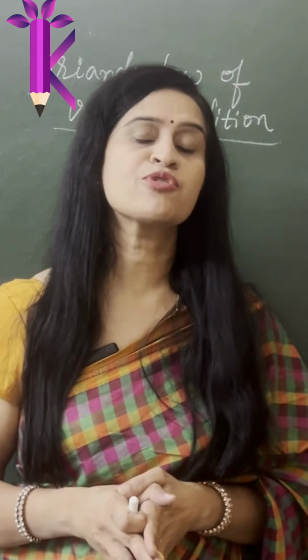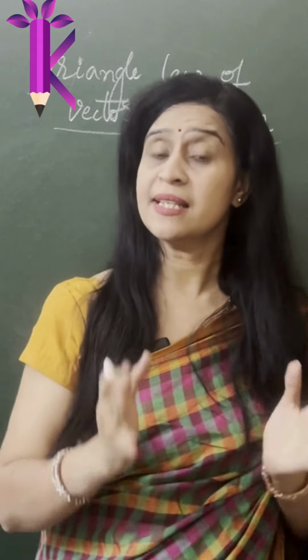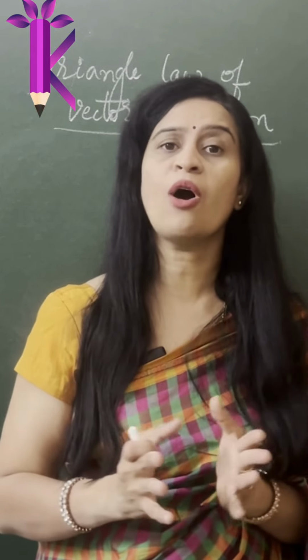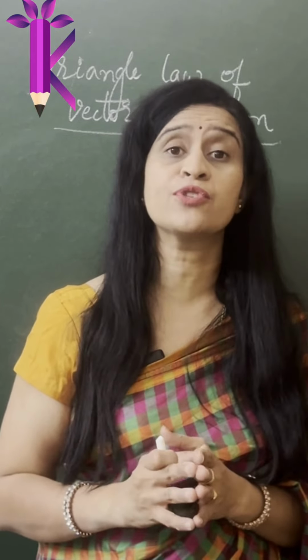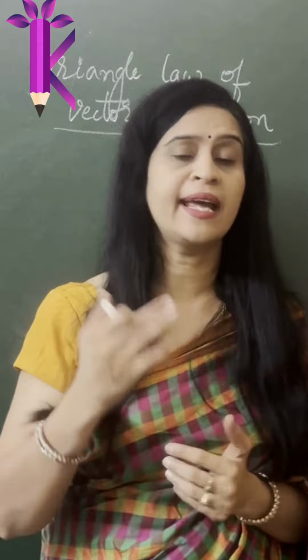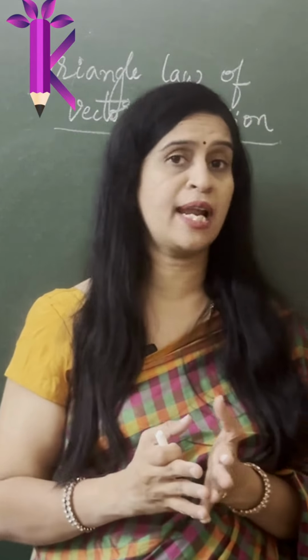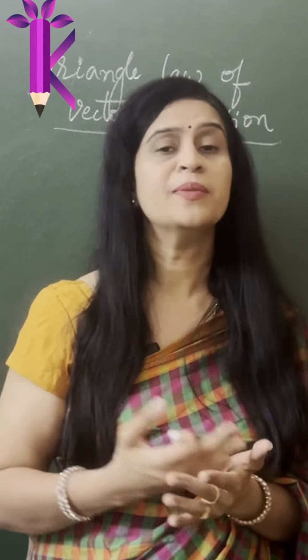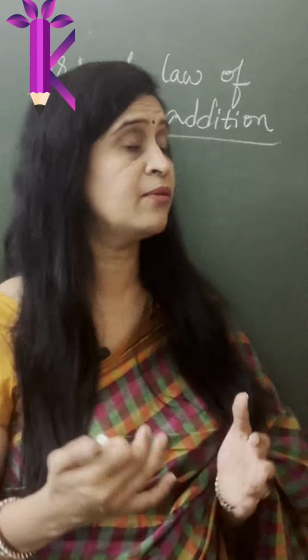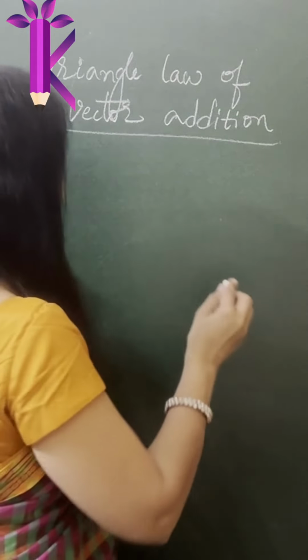Well, if you have confusion understanding triangle law of vector addition, let's try to understand it step by step. Let's take two vectors. So triangle law of vector addition basically tells you how to add any two given vectors. So this will be very crucial and helpful when you do electrostatics or numericals, where you basically deal with vectors.